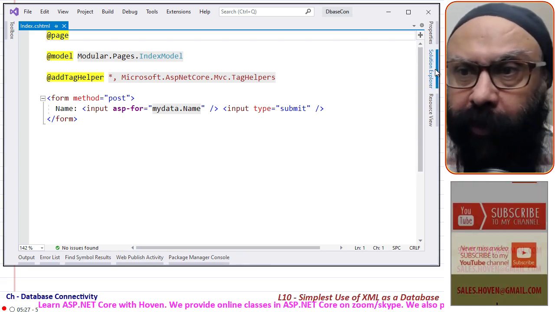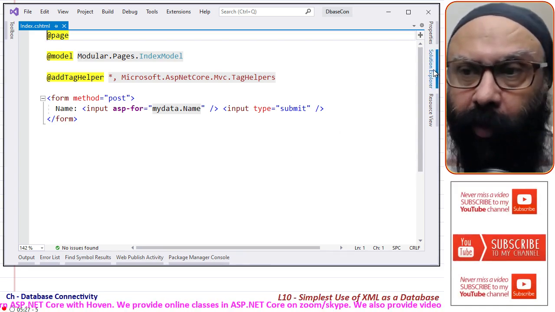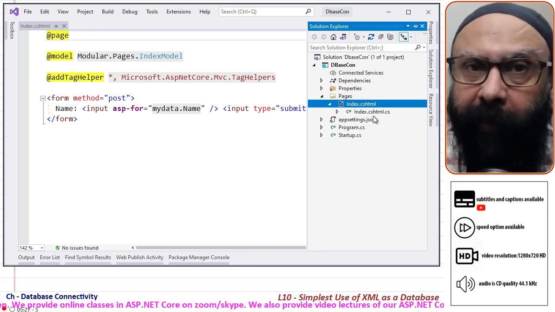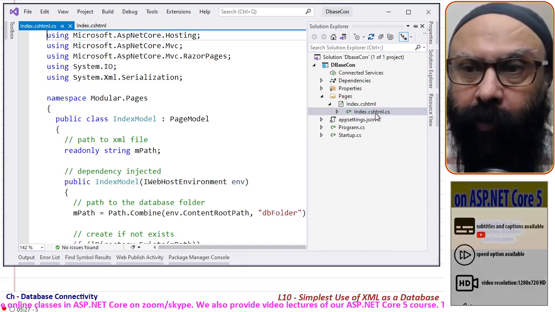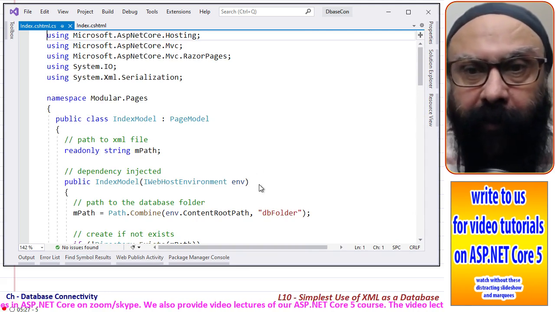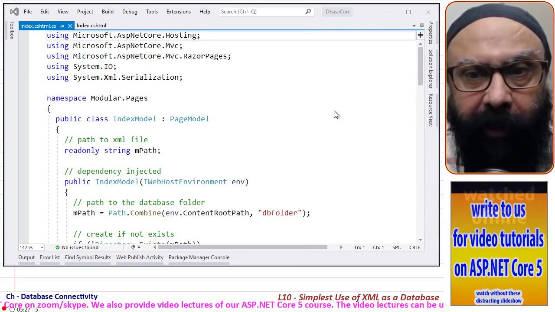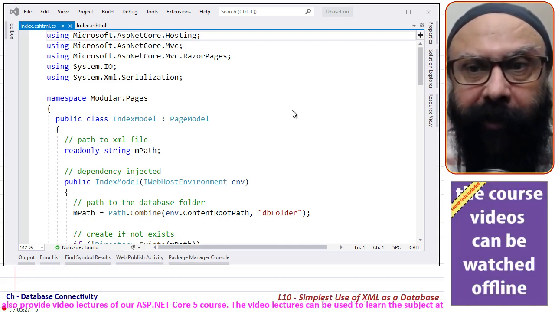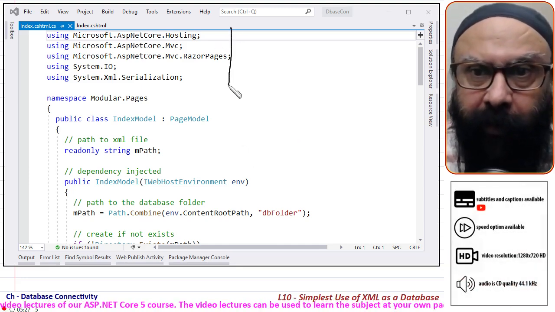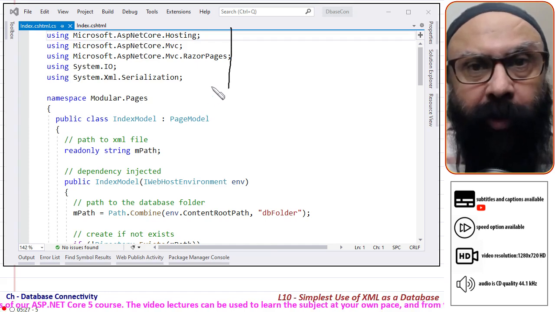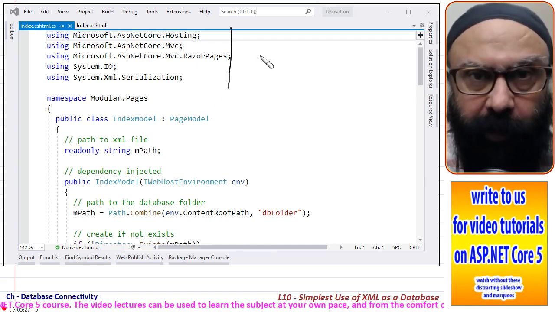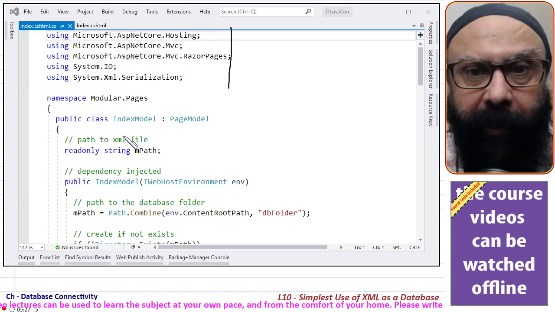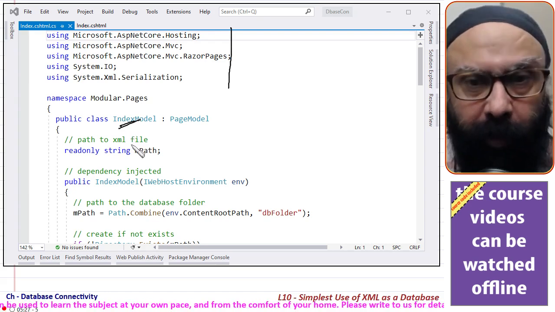Now let us come to see the contents of the backing class. That is the only thing that you will need. Index.cshtml.cs. I have made no other change to the project. So this is the program that I have already created for you so that I can explain it. So let me start by explaining the various parts. These are the using directives that you can have a look at, and the code is available on the blog page. You will get the code. This namespace directive, and then this is the backing class IndexModel.